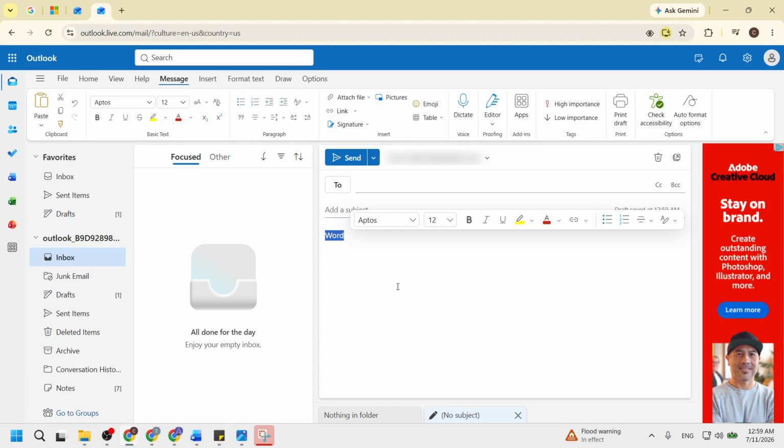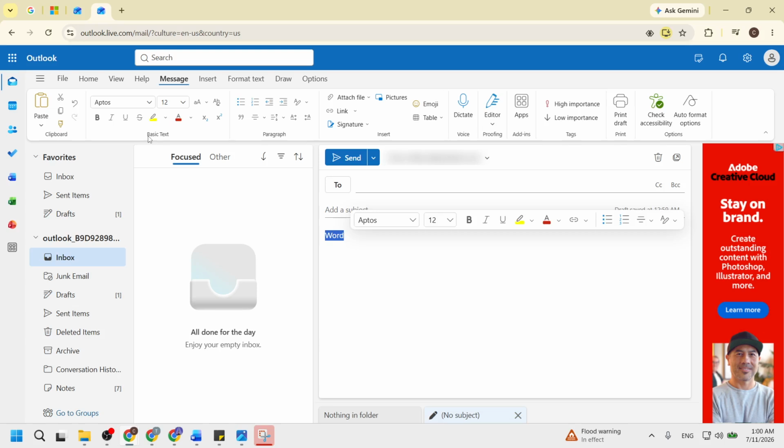Next, look at the bottom toolbar or navigate to the Basic Text tab in the message window. This part of the interface contains various formatting options. It is vital to locate this area as it houses the tools you will need to apply the strike-through effect. Familiarizing yourself with the toolbar will also help with other formatting options for your emails, making your communication more effective and visually appealing.